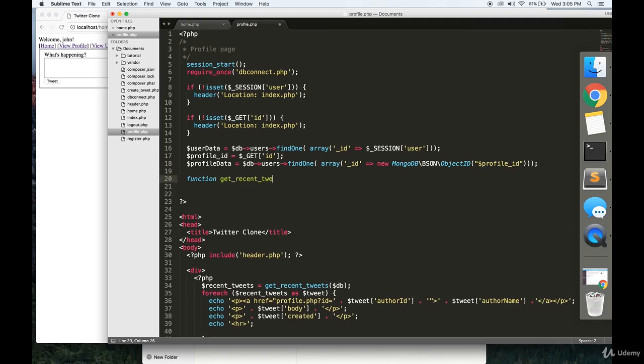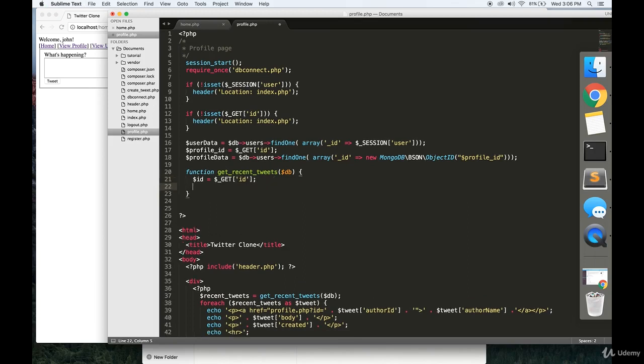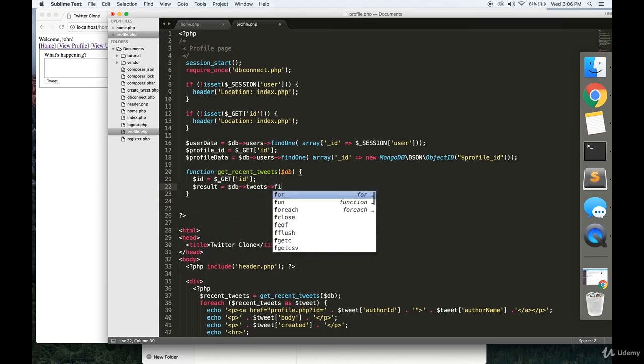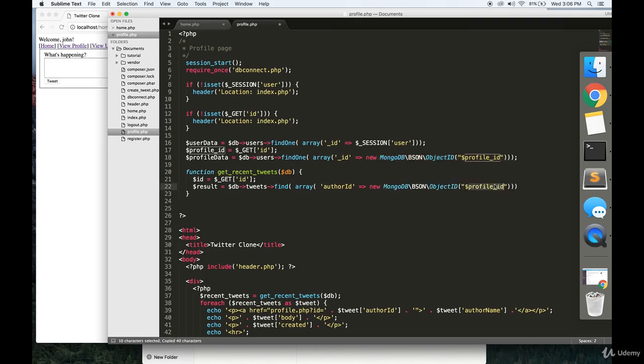Let's make a getRecentTweets function where we pass in a DB. We're going to get the ID of this profile from the URL. And we're going to ask the database to show us all the tweets written by this ID. So author ID equal to this guy. Paste that in,